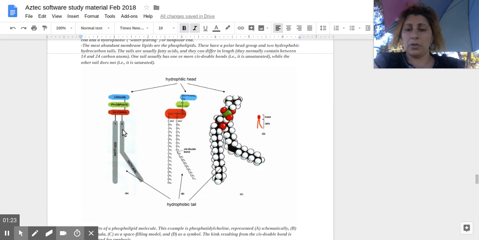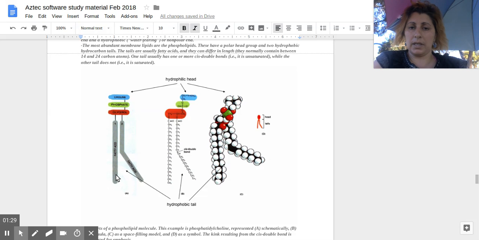So you have two fatty acid tails. Usually one fatty acid is unsaturated, which means that it has a kink, aka a double bond, a cis double bond, making it unsymmetrical,